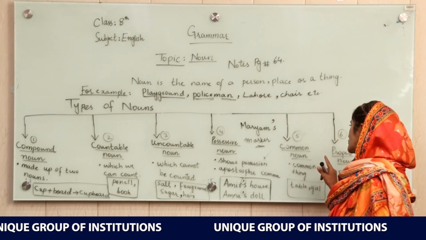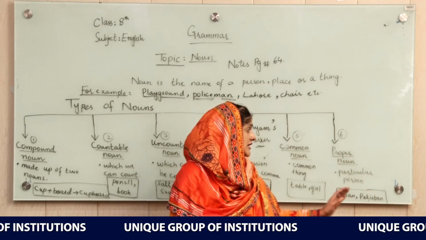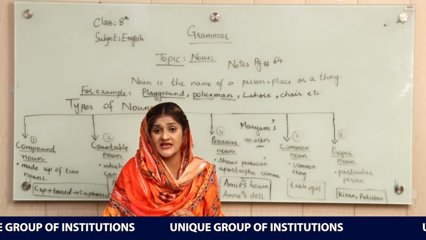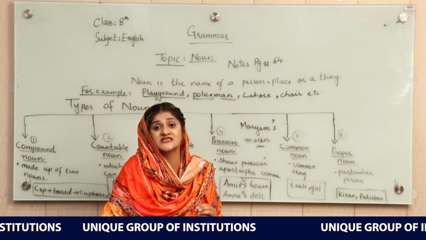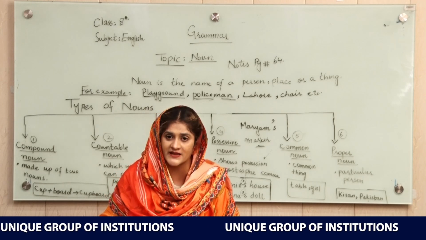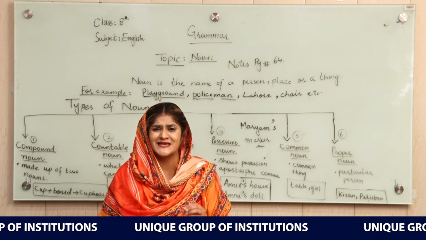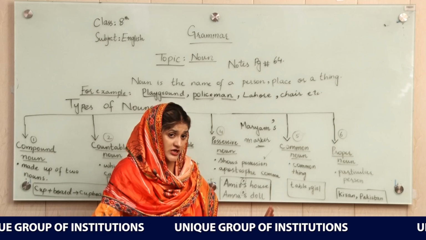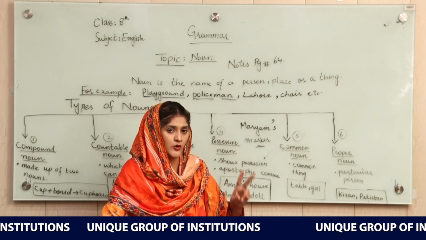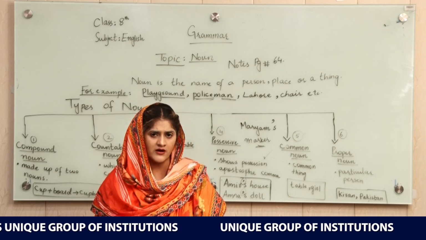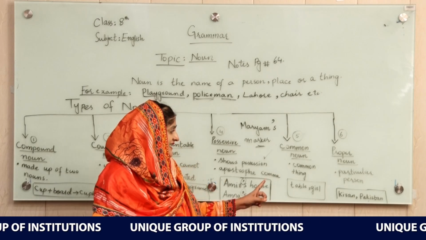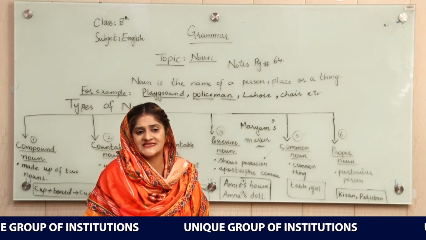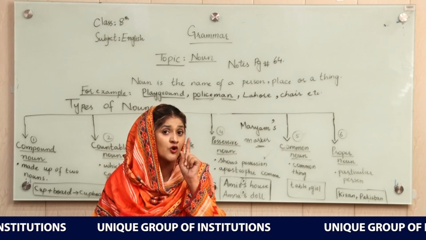Students, let us move towards the sixth one, which is proper noun. Proper noun means something about a particular person. It can be a particular person, it can be a particular place, it can be anything which is specific and particular. For example, I have written two examples here. You can add more and I will give you more examples apart from that. The first example I have written on the board is Kiran. As you can see, if someone says that I am a girl, girl is a common noun.